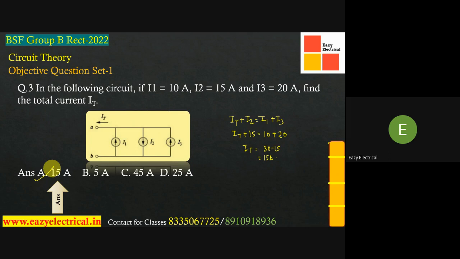You have to understand that you have to answer within time. What I have done here is I have just applied KCL, Kirchhoff's current law. Consider this as the point A and apply KCL here. You can see these two currents are incoming currents and these two currents are leaving currents with respect to this A point. If this is A, then this is also A and this is also A. So applying KCL here, you can write this equation. If you apply KCL in this node, you can write this equation, and based on this equation, you will get